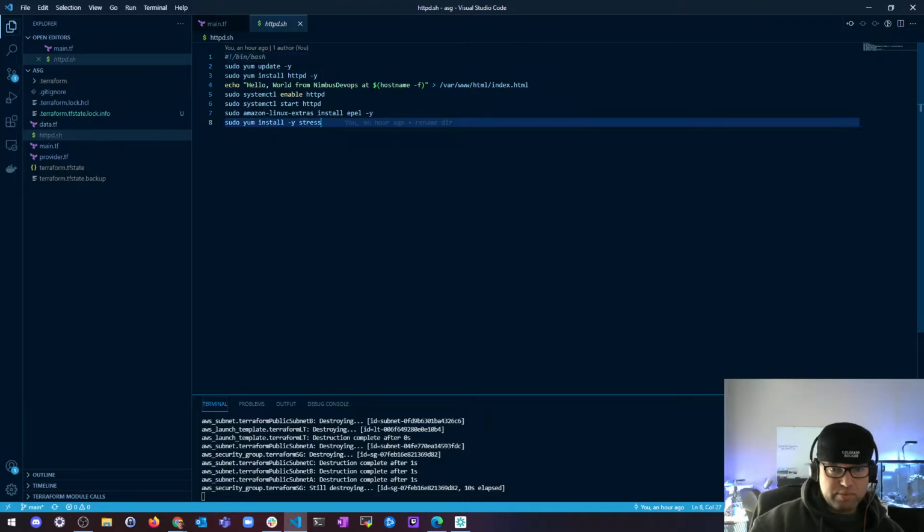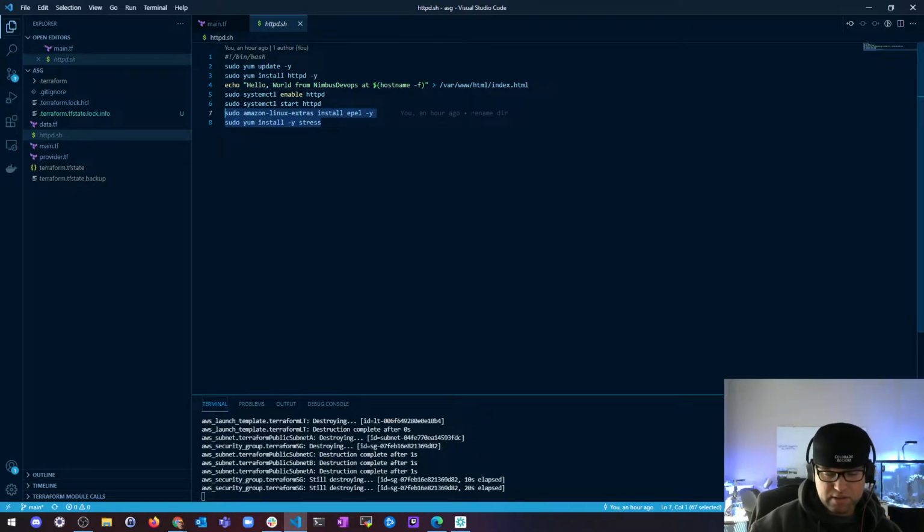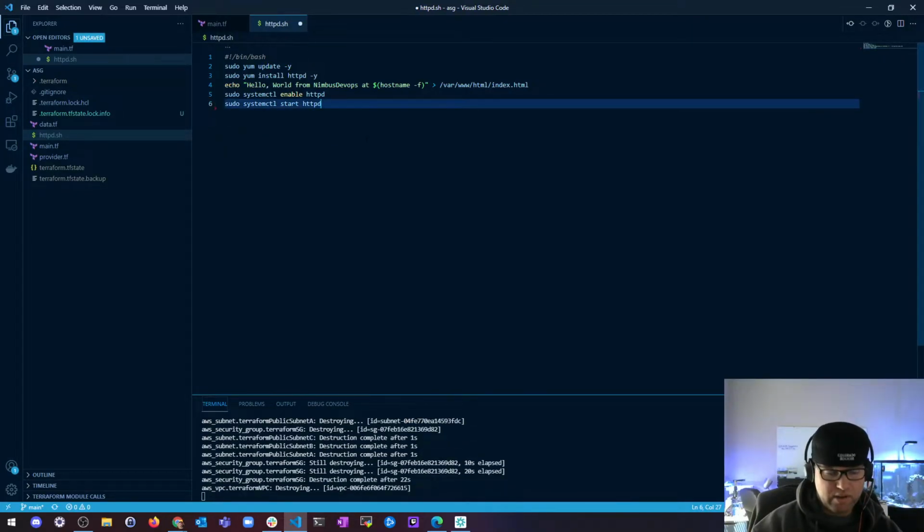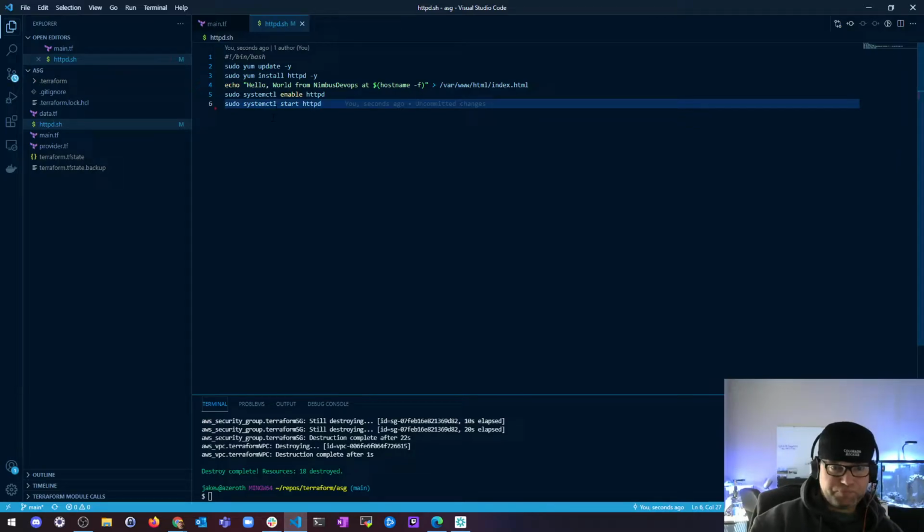Lastly, I put a script in here. I installed stress because I was doing some CPU stress tests on my instance, but this isn't really needed, so I can take this off for now. And just did a simple echo hello world from Nimbus DevOps at $hostname -f into my index file, so we can see when you refresh the web page which instance it's pointing to, to ensure that it is in fact load balancing